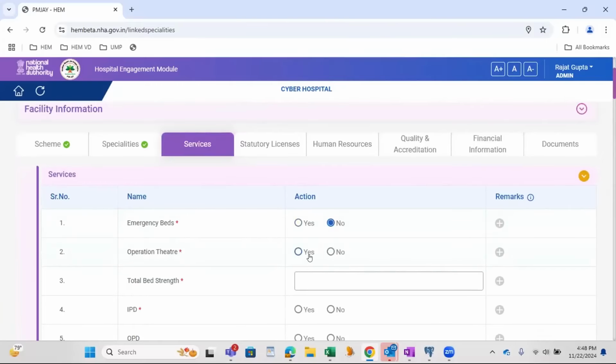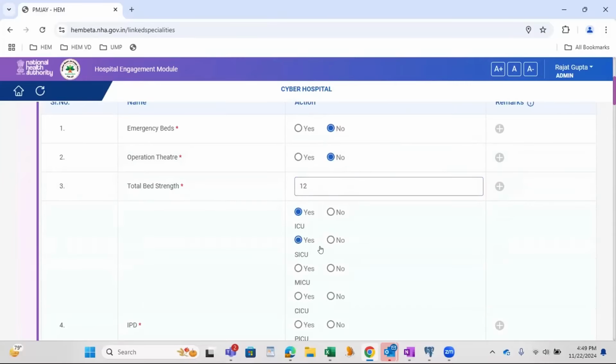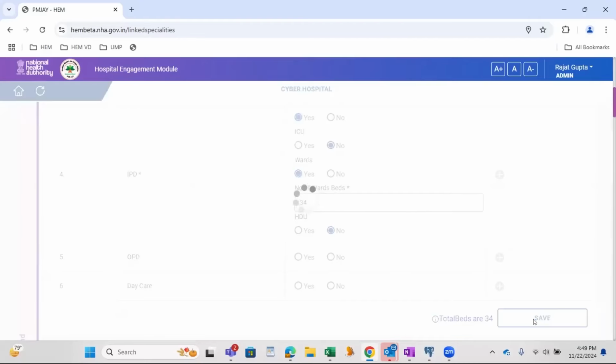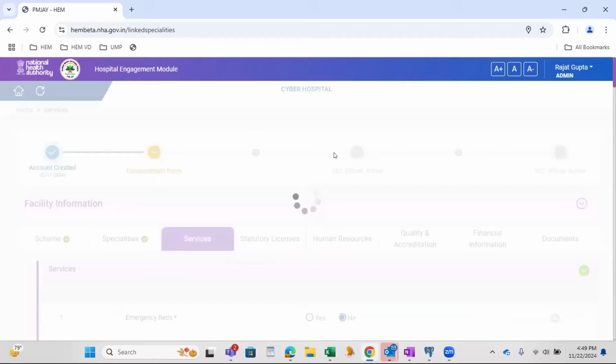I'll fill all the mandatory details here. The moment you fill all mandatory details, click on save. General services data is submitted successfully.